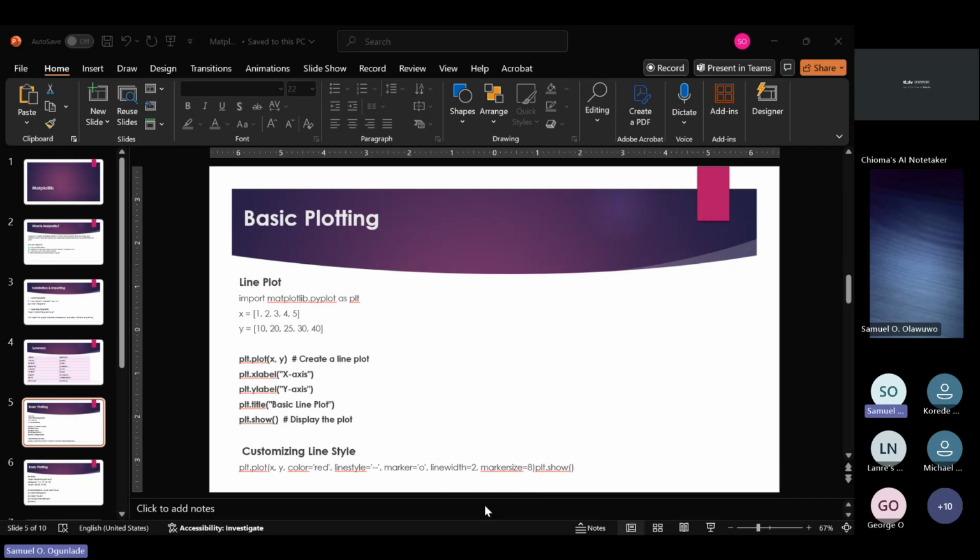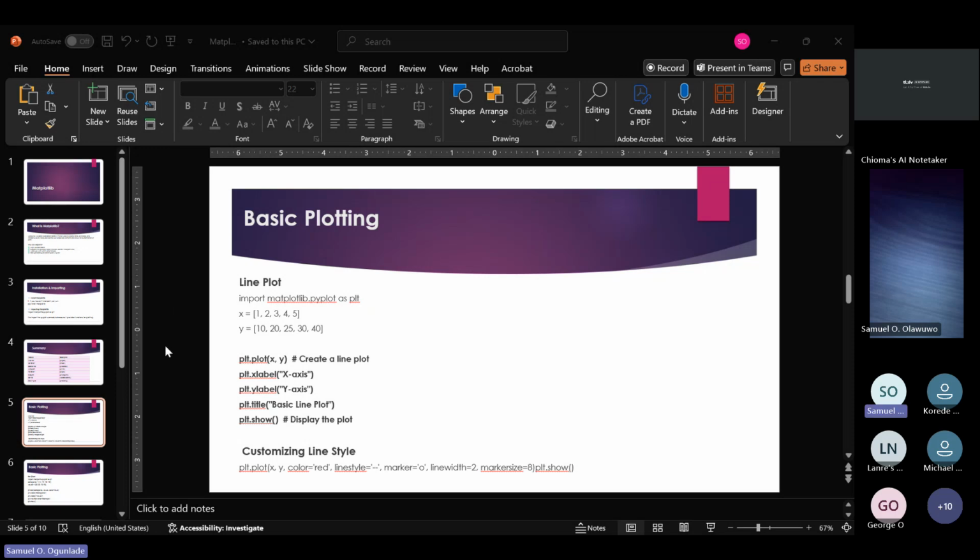All right. So we'll be using NumPy at a time to create some data that we can just use for this purpose. Like I said, it's going to be very, very practical. And for those of us with our laptop, please open your Colab now. Open your Colab on your laptop. All right, so let me just go to my Colab also here. All right, so let me create a new